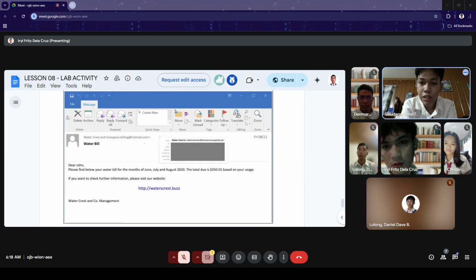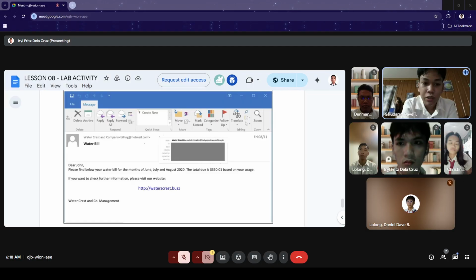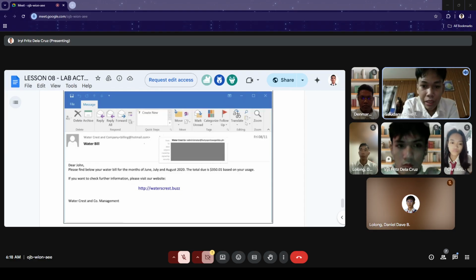Then after that, for the next step, we need to check the reputation of the sender's domain. So we need to copy the sender's domain. Then we can use the engine Cisco Talos Intelligence. It is an engine where we can check the domain if it is reputable, suspicious, or unknown.